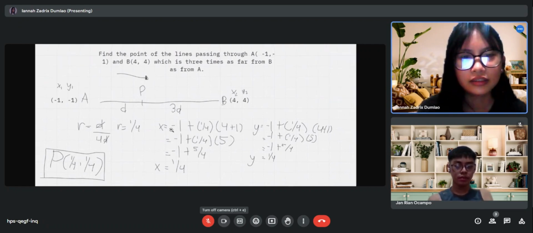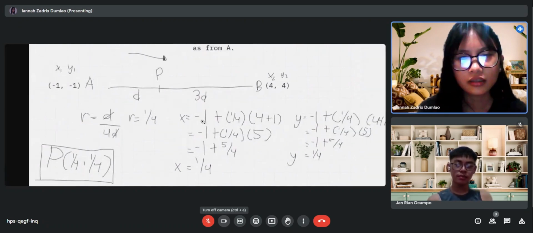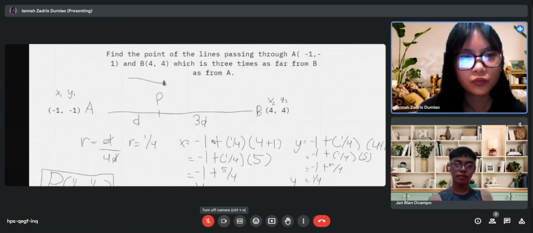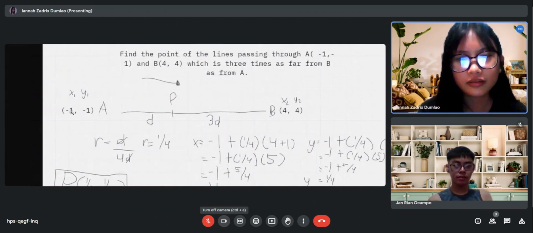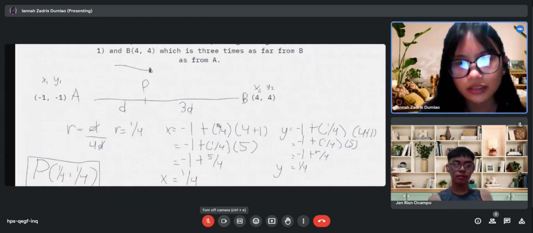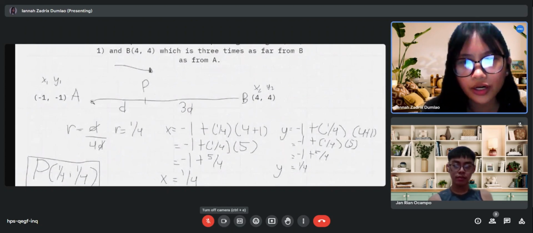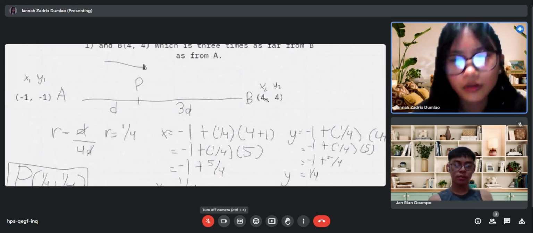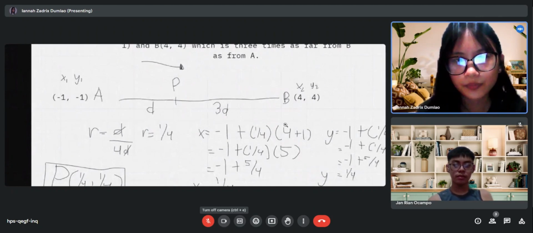X equals x sub 1, which is -1, plus ratio 1/4 quantity 4